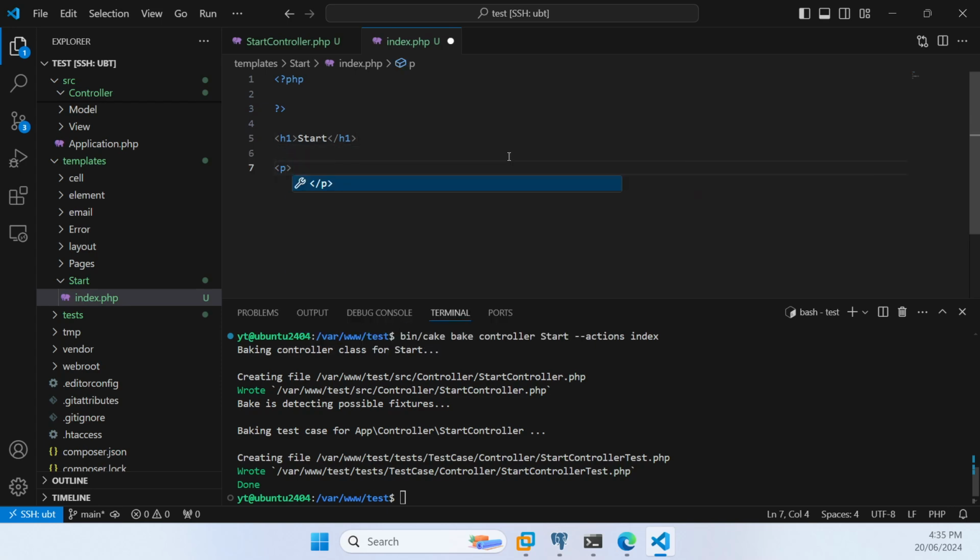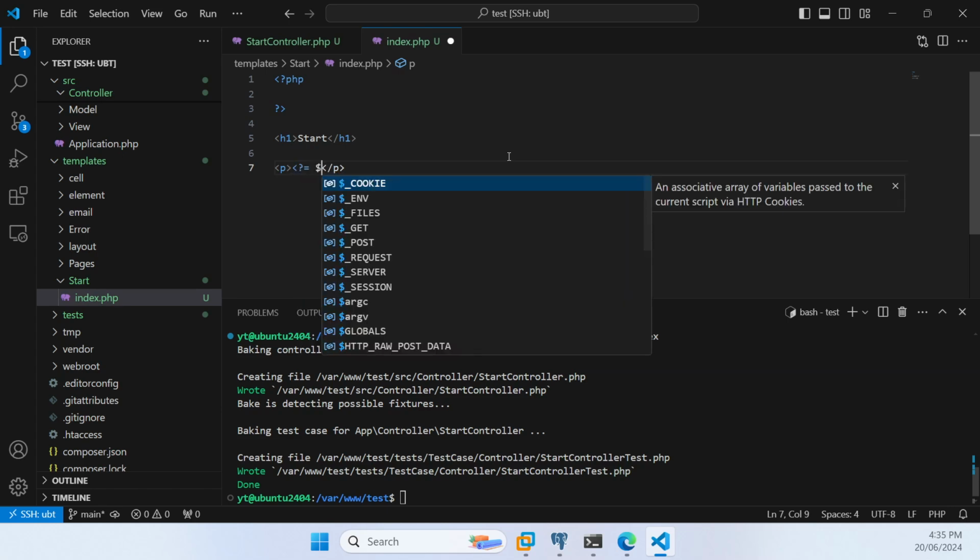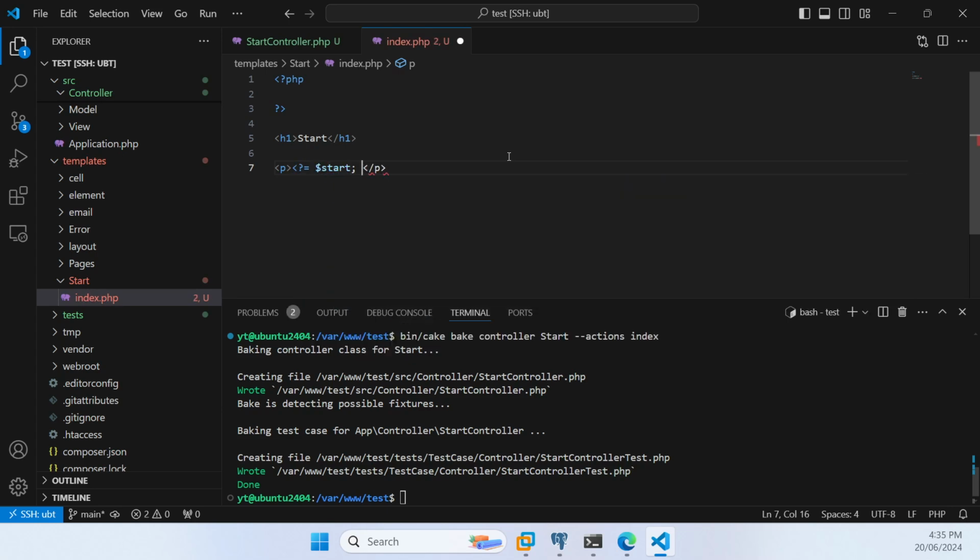We might put it in paragraph marks, and then we go start,